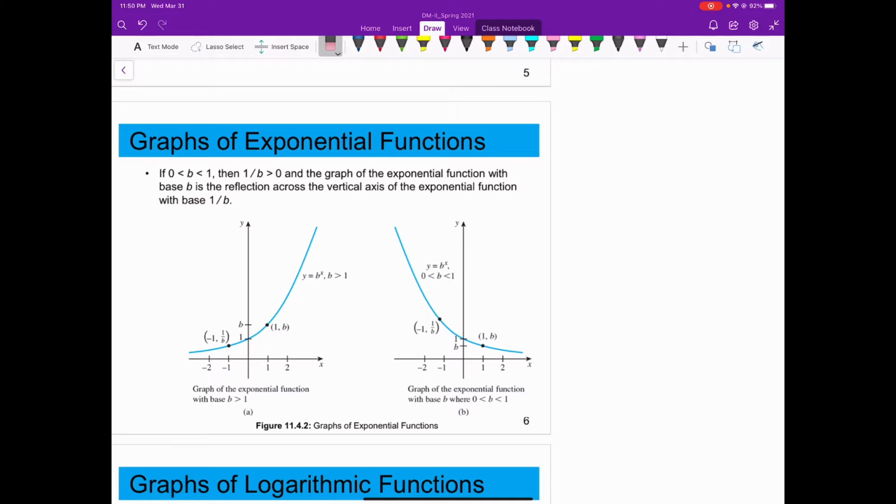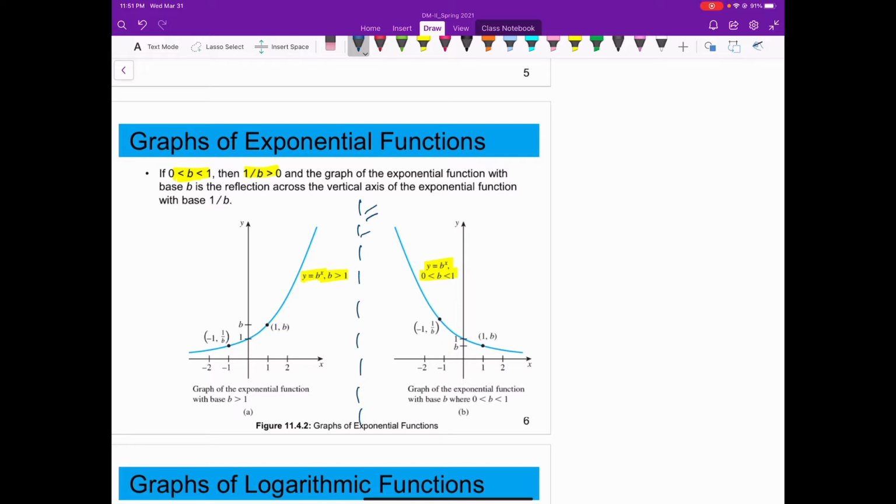If b is in between 0 and 1, then 1 over b is greater than 1, that is clear, and the graph of the exponential function with base b is the reflection across the vertical axis of the exponential function with base 1 over b. All right, so this is something very interesting. Here it is like this: y equals b to the power x, where b is greater than 1, then the shape will look like this. When you have y equals b to the power x, where b is between 0 and 1, the shape is actually like the mirror image. If you just keep a mirror here,